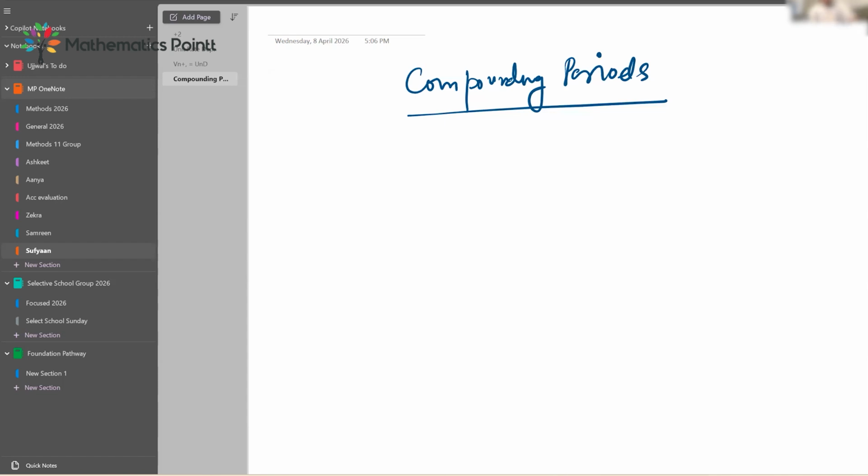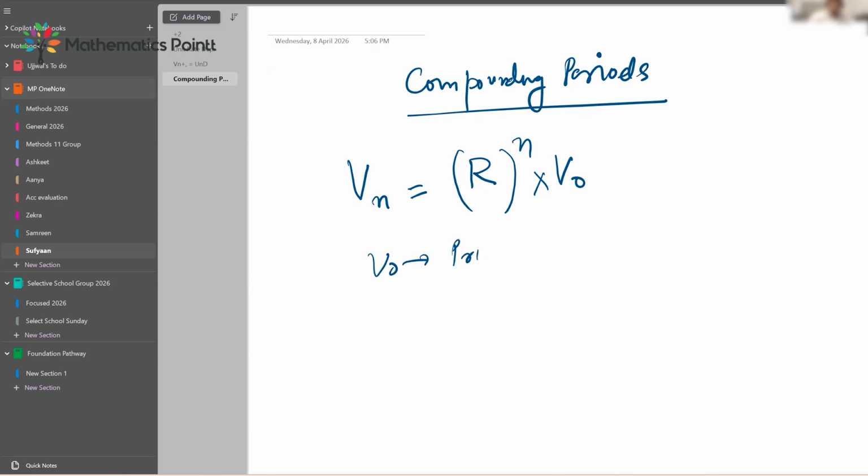Or probably I should say the nth term formula is Vn equals R, capital R, raised to the power of n times V0. We did that, right? And we know that V0 is the principal, the starting investment, the starting value of my investment. R is called the growth